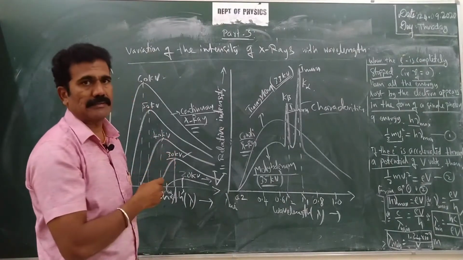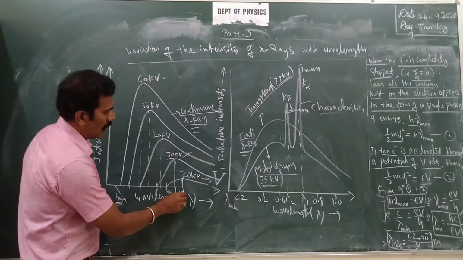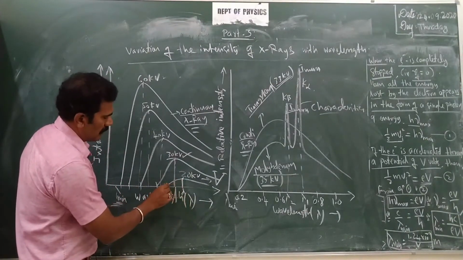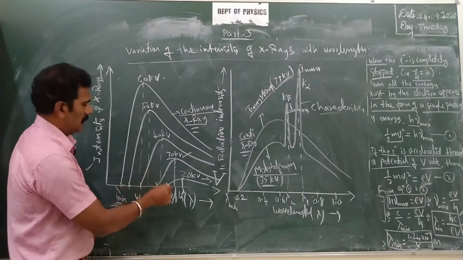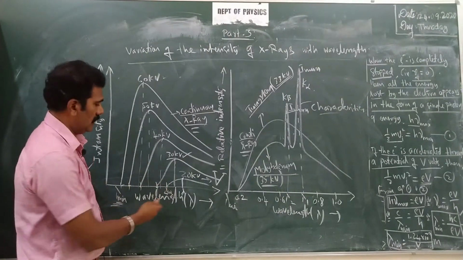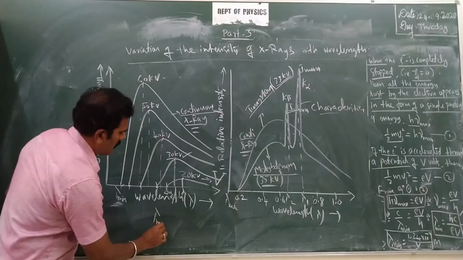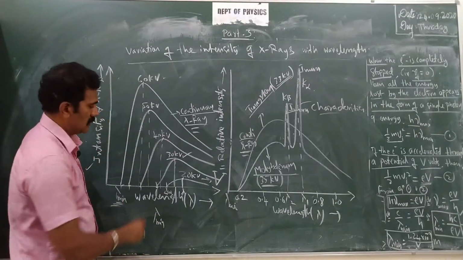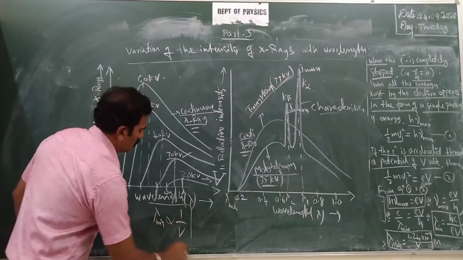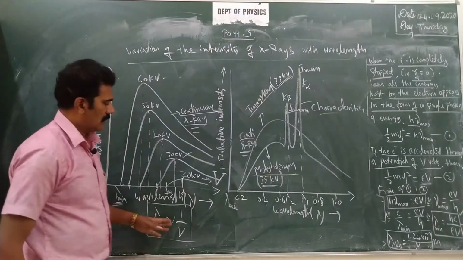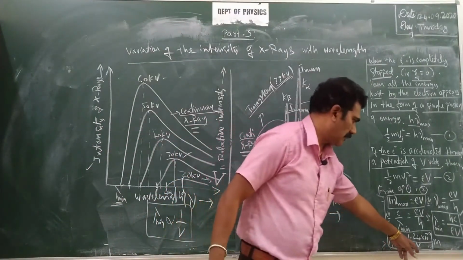Similarly, the second observation is the lambda minimum value, the starting point of each curve. Is it coinciding? No. That is also decreasing with the increase of anode potential. That means lambda minimum, the cutoff wavelength in the continuous X-ray spectrum, is inversely proportional to the anode potential. That is what we observed theoretically also: lambda minimum is inversely proportional to V, with the constant